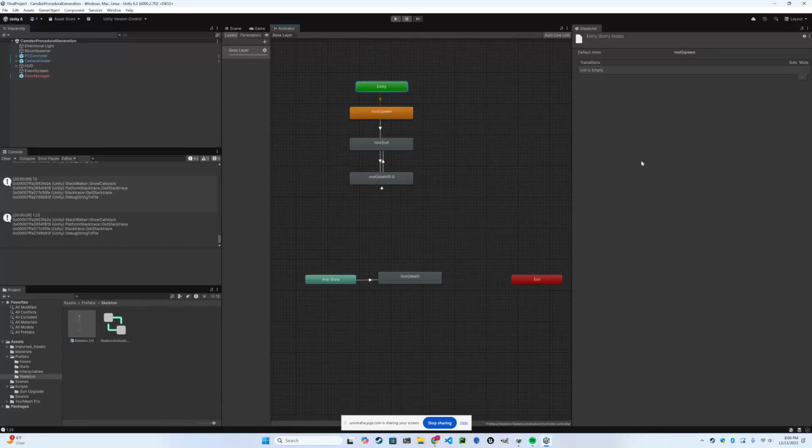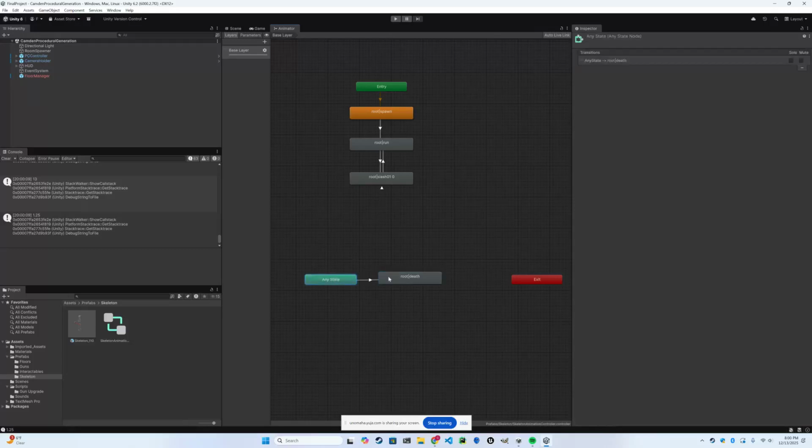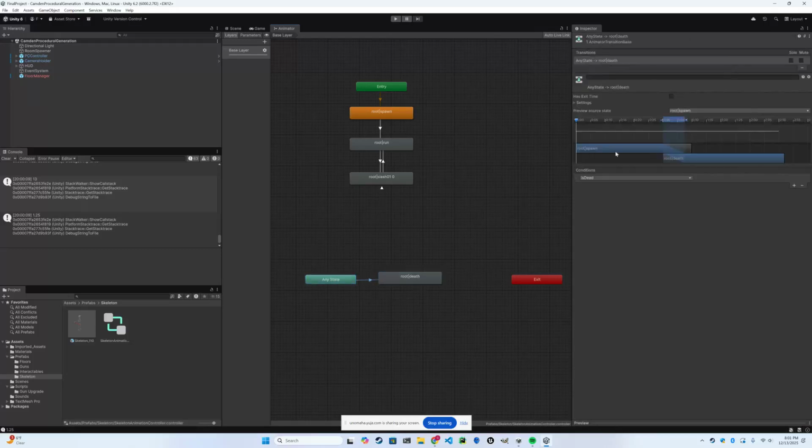You have an entry point, and then you have a transition to whatever you always start with. Obviously, we do the spawning animation, and then it can go to the run animation, it can slash, or it could go back to the run animation. And from any state, if you go to root death, or if from any state this trigger happens, so if you become dead,